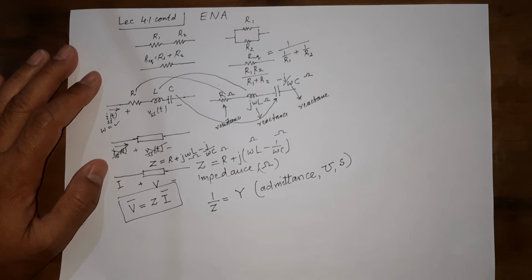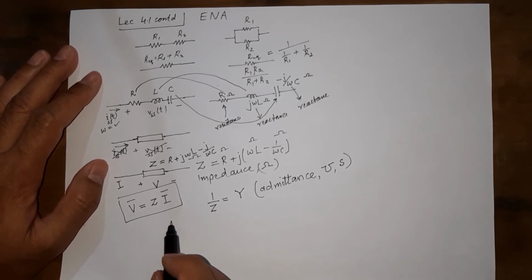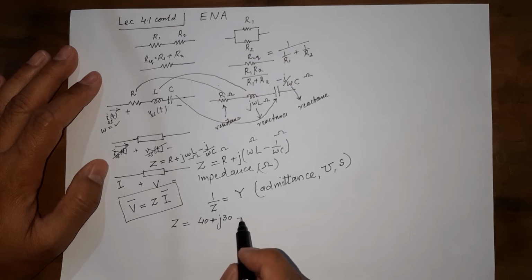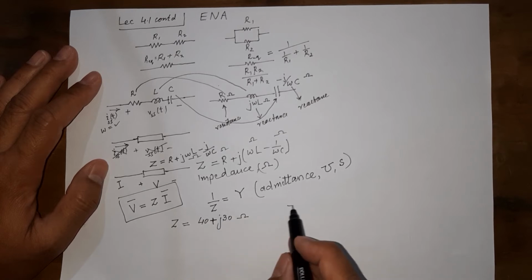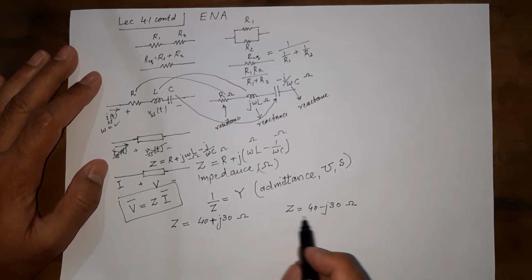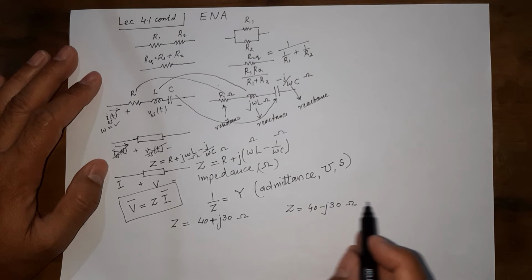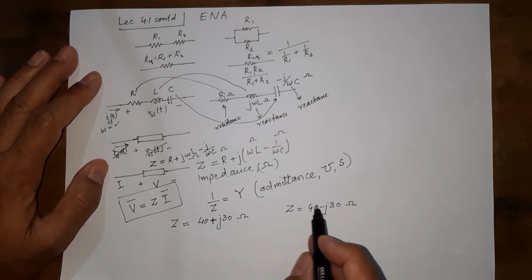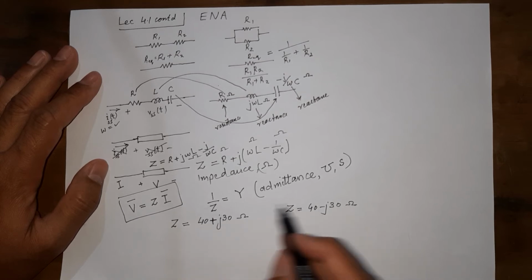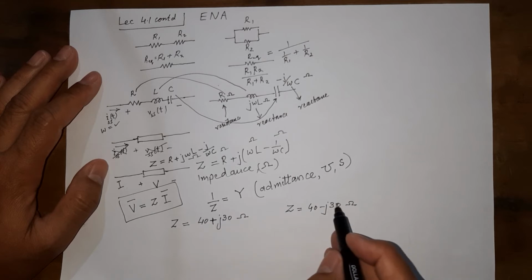However, there is one word of caution. Suppose I give you that an impedance Z is 40 plus j30 ohms. Now this tells that the inductive effect is dominant because it is positive. Had this Z been 40 minus j30, it means its capacitive effect was dominant to get this impedance. So this is the resistive part, same, but here it is positive, meaning it's inductive reactance, and here it is capacitive reactance.